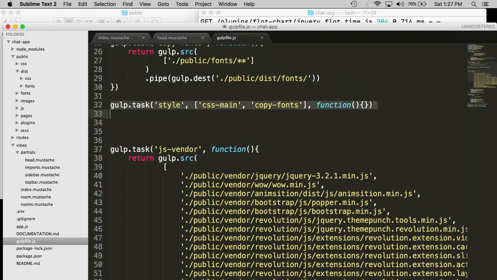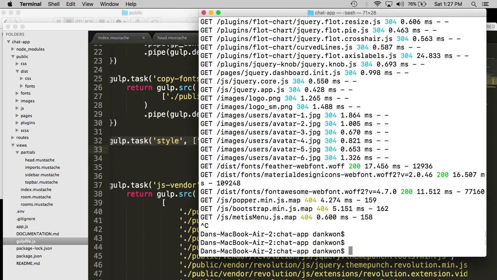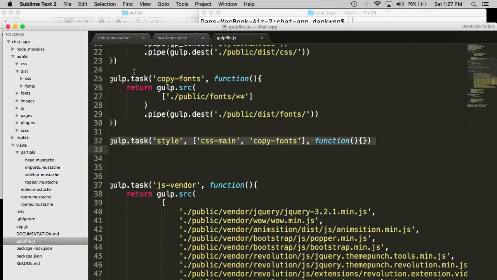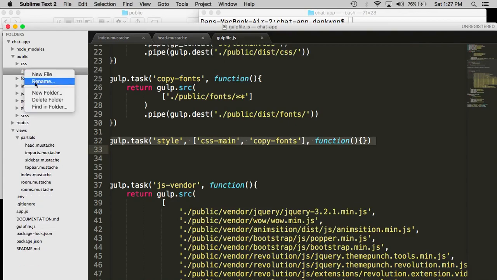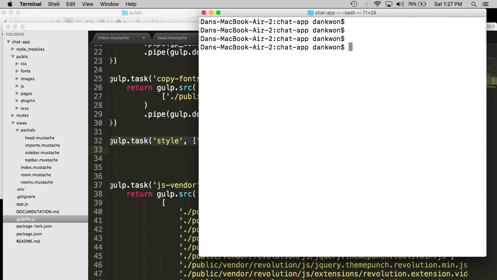And by creating another task like this called style, it'll run both of these, copy fonts and main, in sequence. So now what we can do is I'm going to get rid of this dist directory, just right click on this and just delete the whole thing. And now I'm going to run one task called style, which is basically the combination of those other two tasks